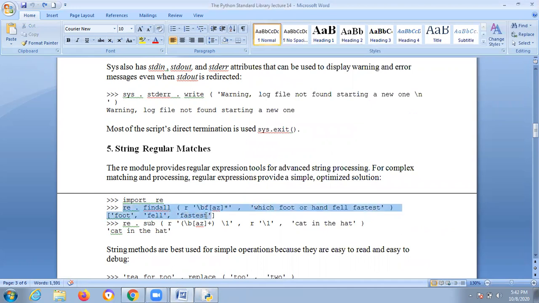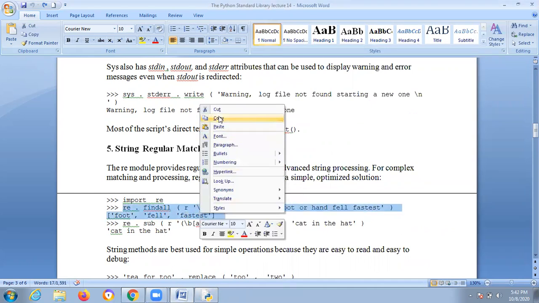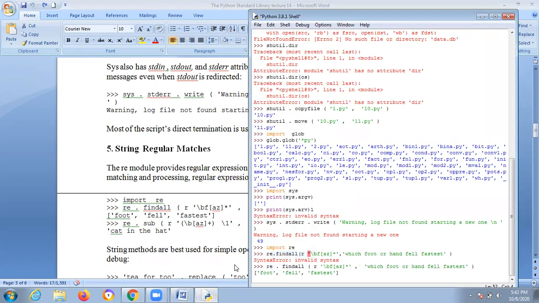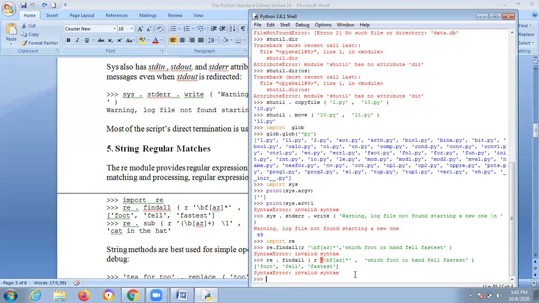Still you didn't finish. Once again I'll type this program. re.findall, with single quotes like this, you'll type everything like this and print, enter. Okay, no problem.